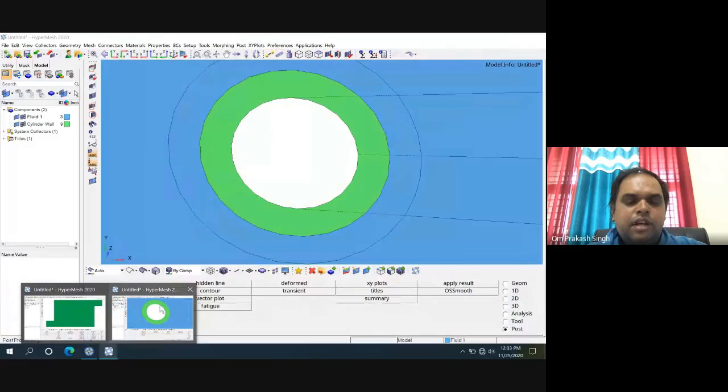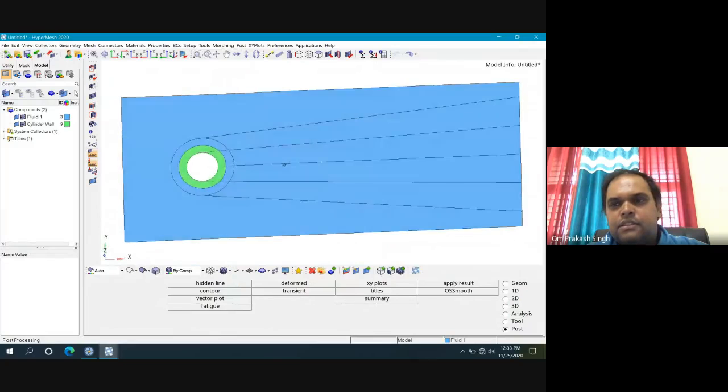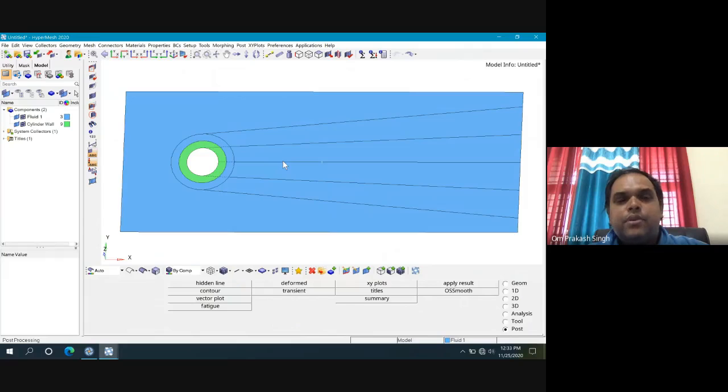Okay, so I was discussing that in case of, let's say, a flow behind a cylinder, or flow over a cylinder, you have seen how vortices are being shed, and to calculate the actual flow features, we need to be careful. Then what flow features are we going to capture using the mesh? So here in this case, let's say this is